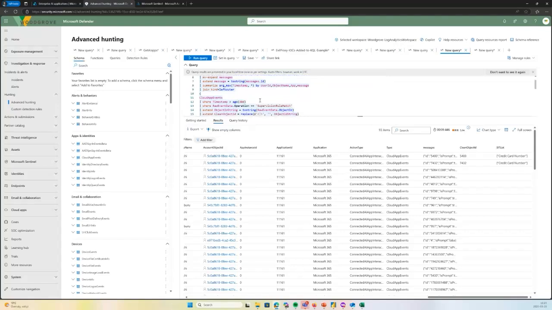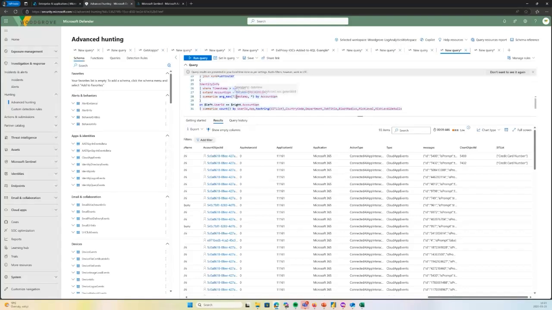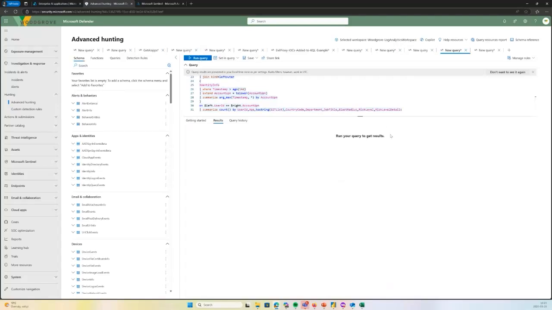And the cool thing is, as soon as you start to get information into hunting solutions, then you may enrich it as well. So what I've done here is I've prepared some additional things. In this case, I'm joining this data with more data. So we know the department of the user, job title, and a few other things. If you now run this one,